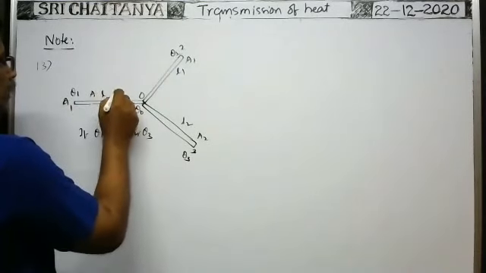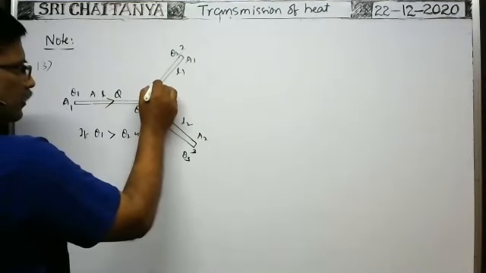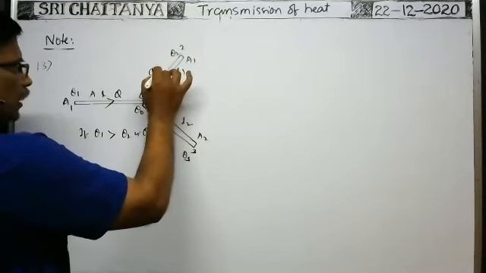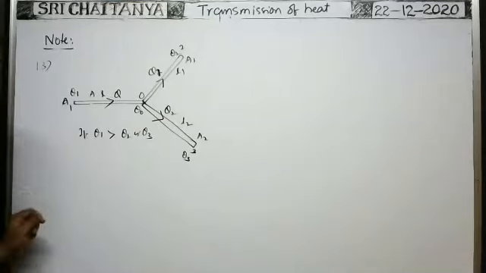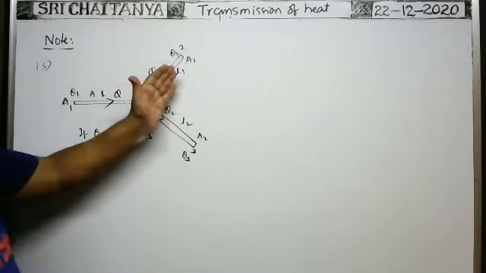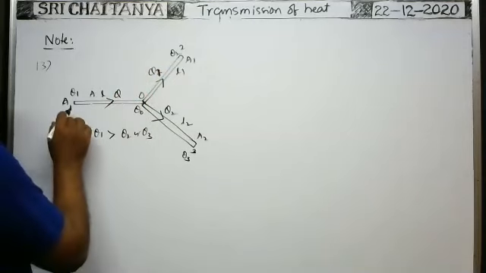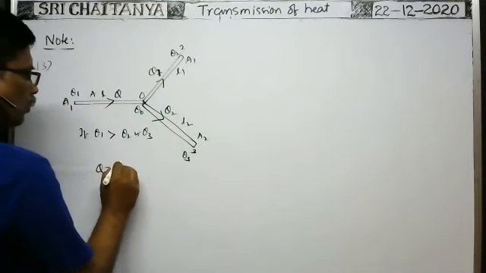Suppose in this chart, Q amount of heat energy is transmitted. That is divided at the junction into two parts. Q1 through this rod, Q2 through this rod. Suppose no heat energy losses take place while heat energy is transmitted through the rods in the form of Y junction. Then according to the law of conservation of energy, the total heat energy transmitted is only divided into two parts. That's why Q is equal to Q1 plus Q2.